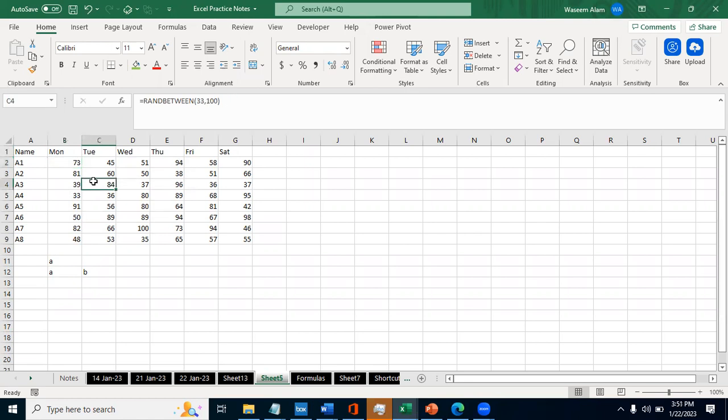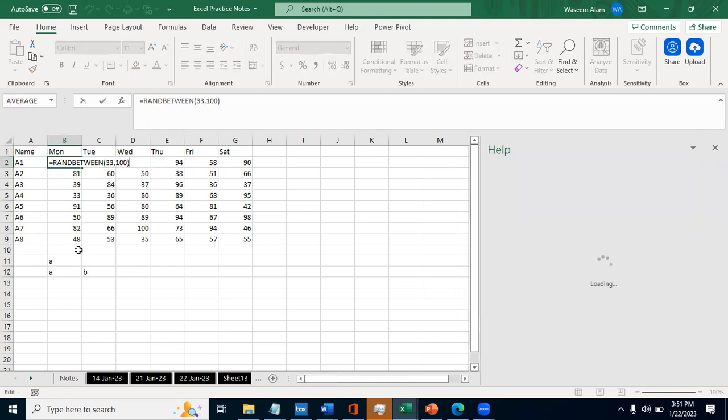But if you are doing some practice or creating hypothetical fake data, in that case this formula will be used. For example, I'm creating data in front of you, so here I'm using the RANDBETWEEN function for some production numbers. And if you type